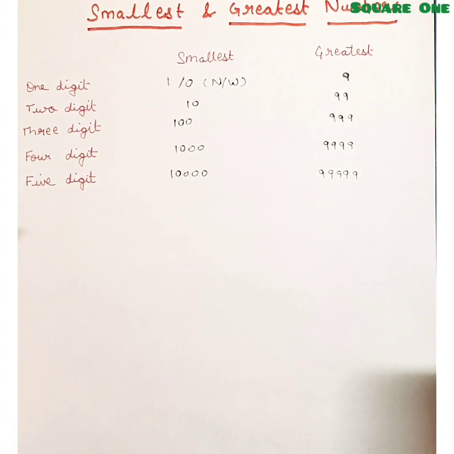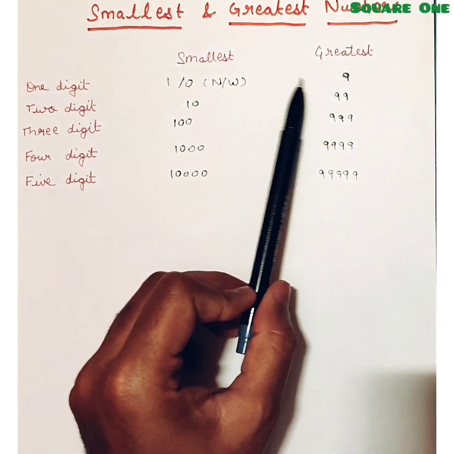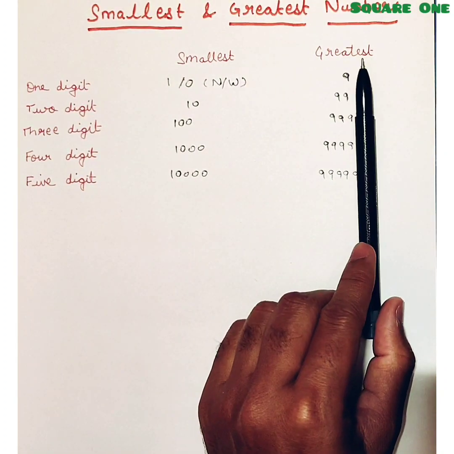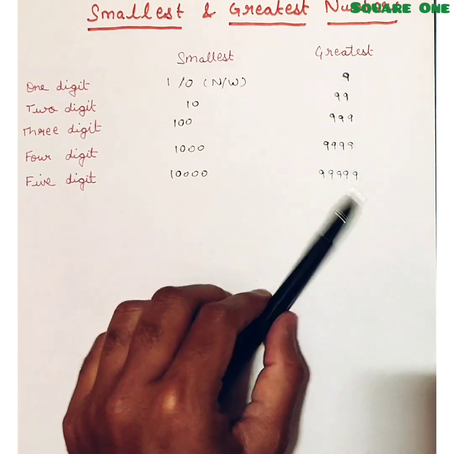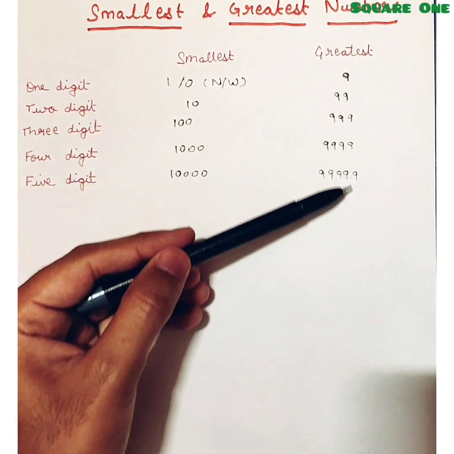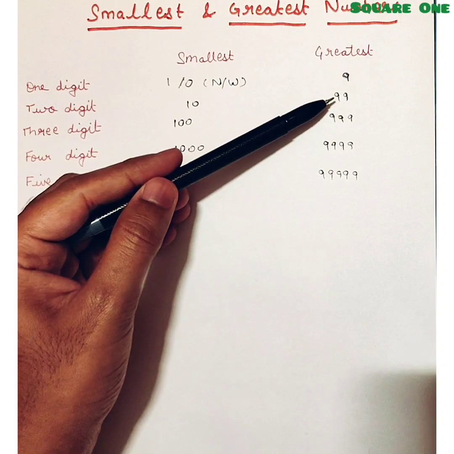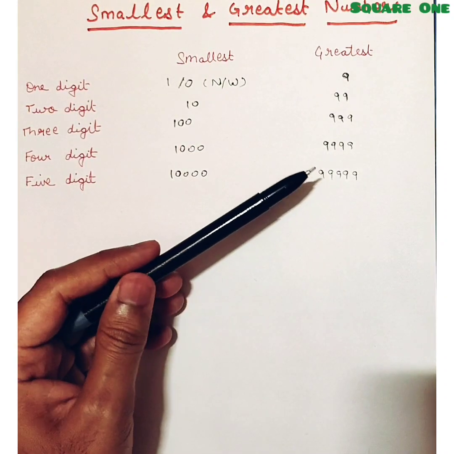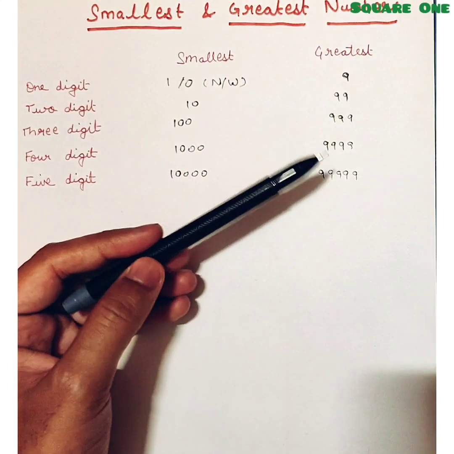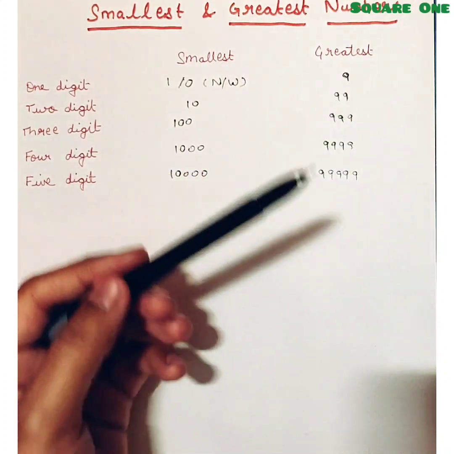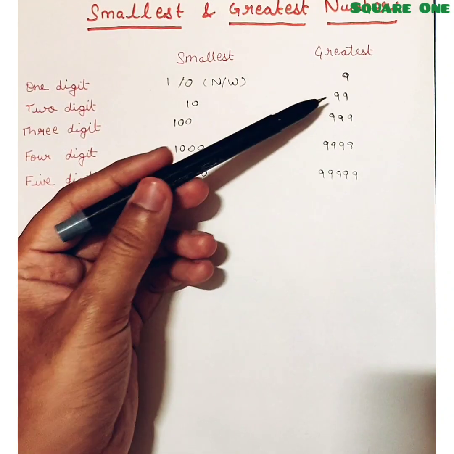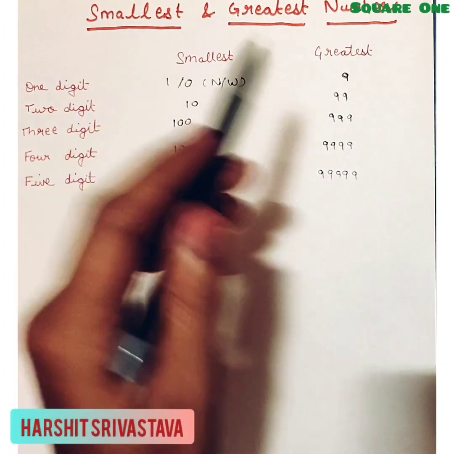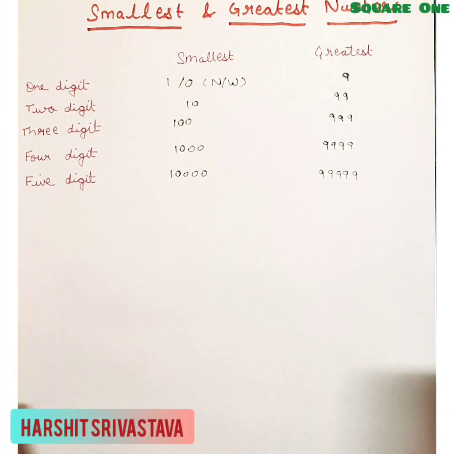One thing I want to tell you is that you have seen that I have written these numbers in an order starting from the right. They are aligned from the right side. It means I have written all the ones digits one below the other, all the tens digits one below the other. So that is how it is proper to write the numbers. Arrange them in such a way that the ones digit comes below all the other ones digits, tens digits are aligned in one line, and hundreds digits come in one line. So this is the proper way to write numbers one below the other.